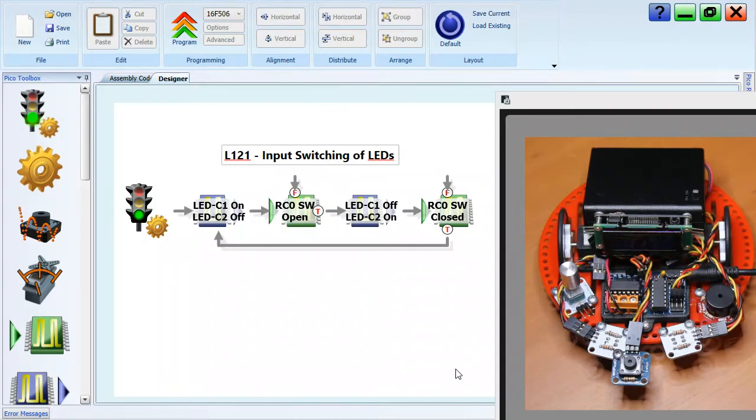Hello, this is lesson 122, holding a lead state. Well, the first thing we're going to do is open up lesson 121. So we might change the title because we're going to modify this now. Holding a lead